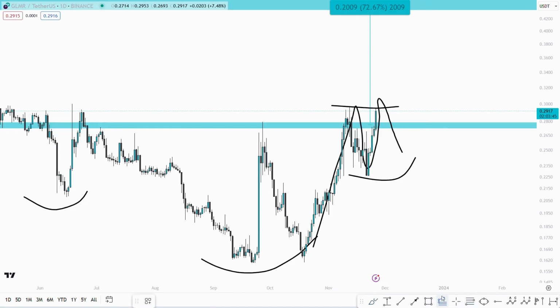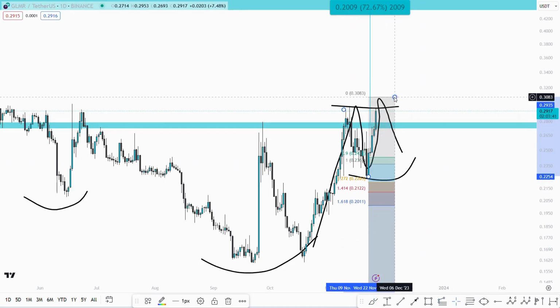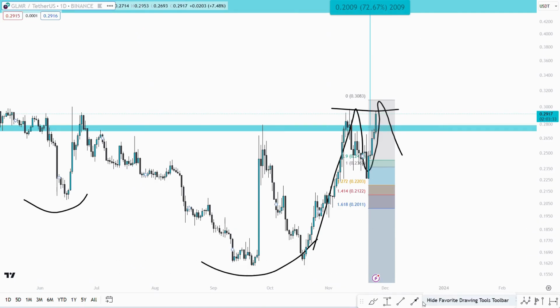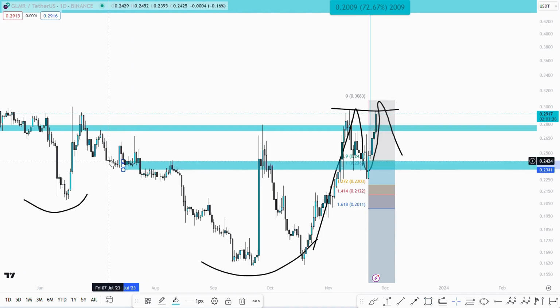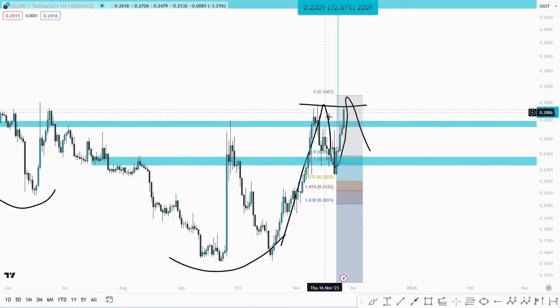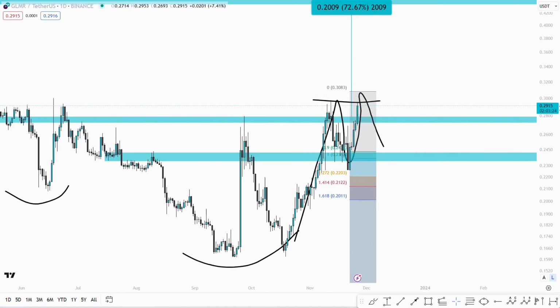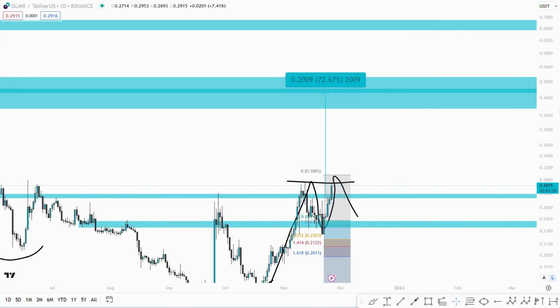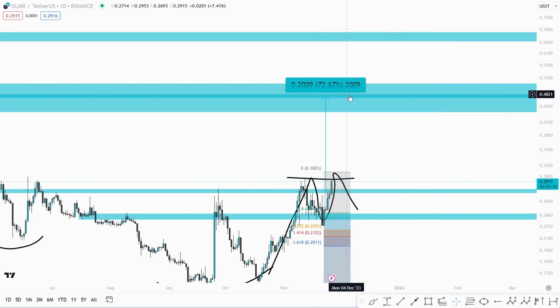And one thing we can do is just take a little bit of a trend based Fibonacci to a potential high there, and that gives us another zone down at that 23 to 24 cent region, which coincidentally aligns with that region that we've been working out for quite a while for Moonbeam, with lots of bullish and bearish candles in and around that area. So I do think a bit of working out needs to be done here for Moonbeam before then working its way up to that 70 and 60% rise to the upside at around